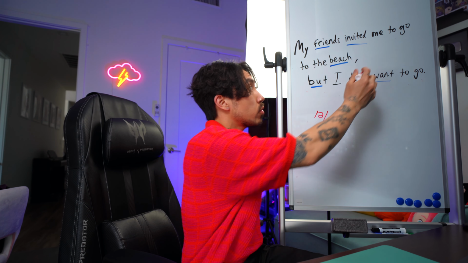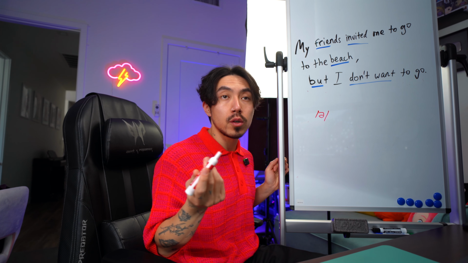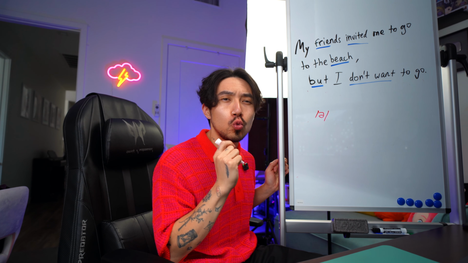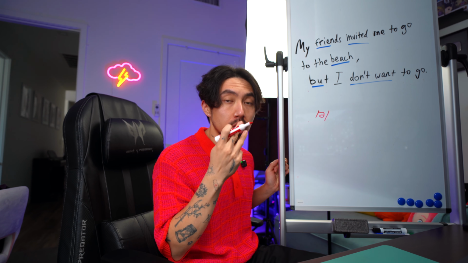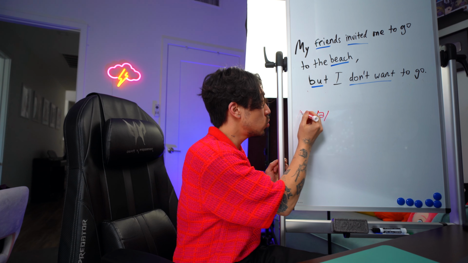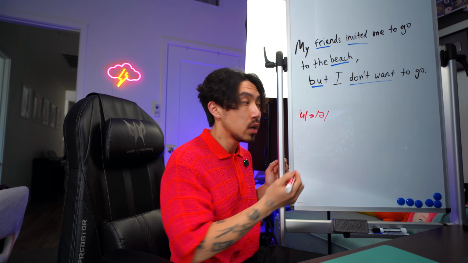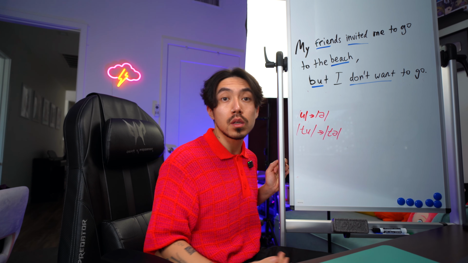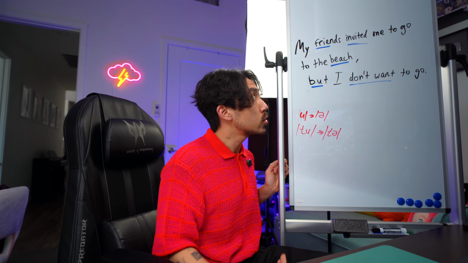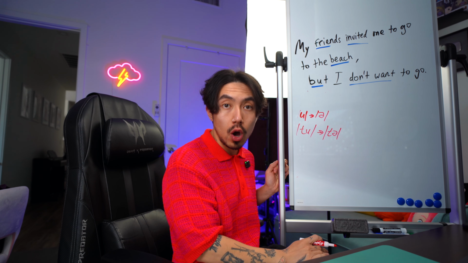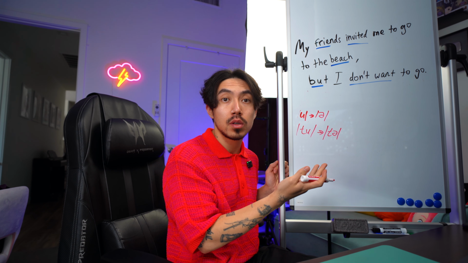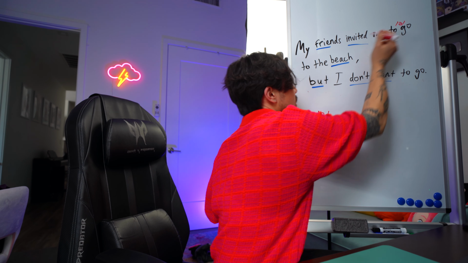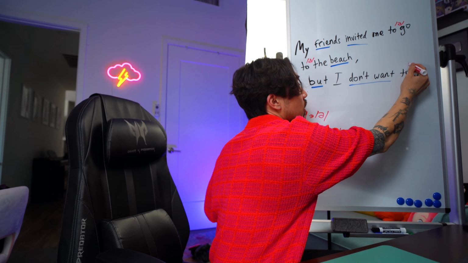For example, this word right here, to, right? The only vowel sound of this word is oo. This is a very high effort sound. So much tension, and you do so much with your lips. So why don't we just replace it with the schwa sound? Instead of saying to, why don't we just say ta? And that's what we do all the time. So instead of saying invited me to go, we're gonna say invited me ta go. Pretty cool, right? So we're gonna do that here, here as well, and here as well.